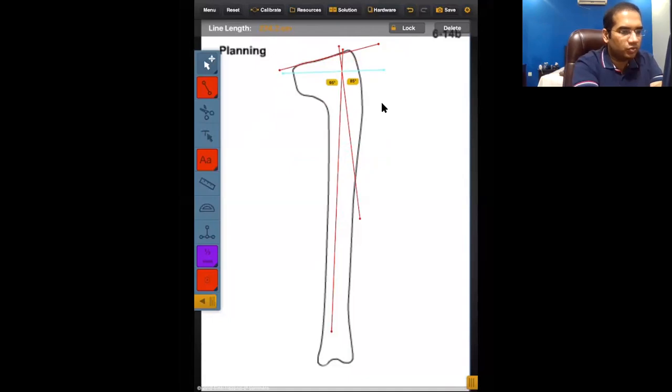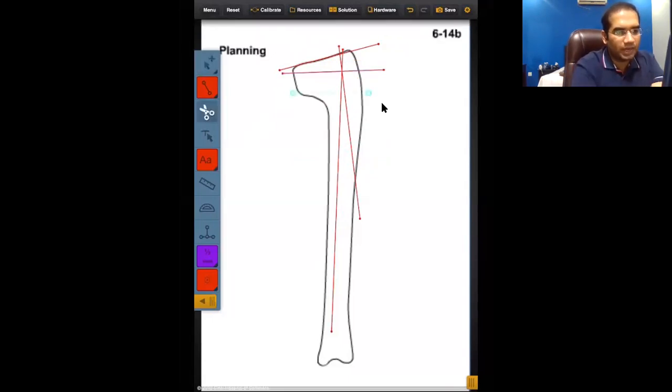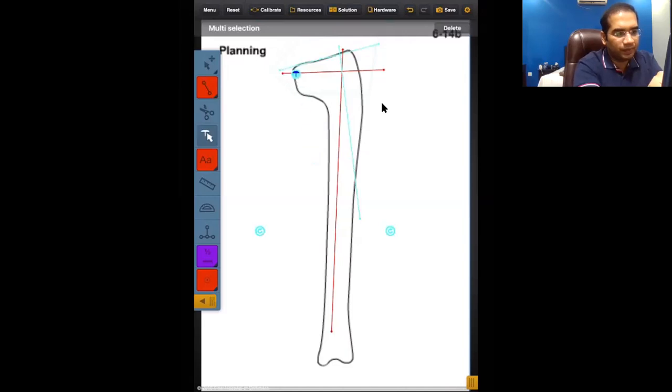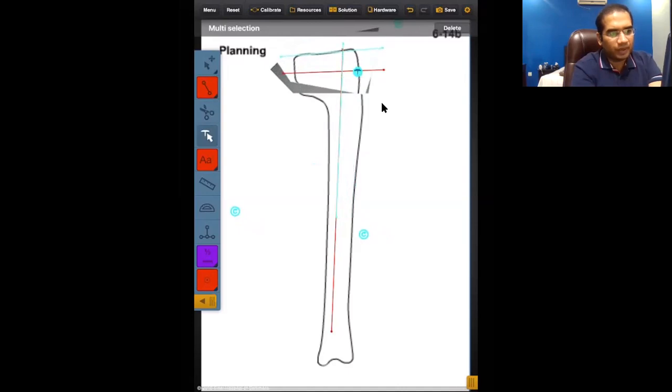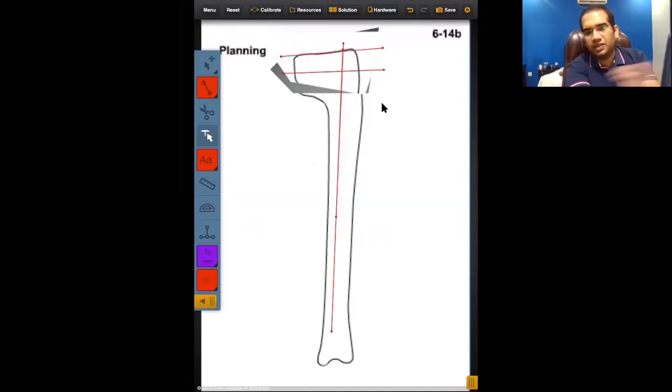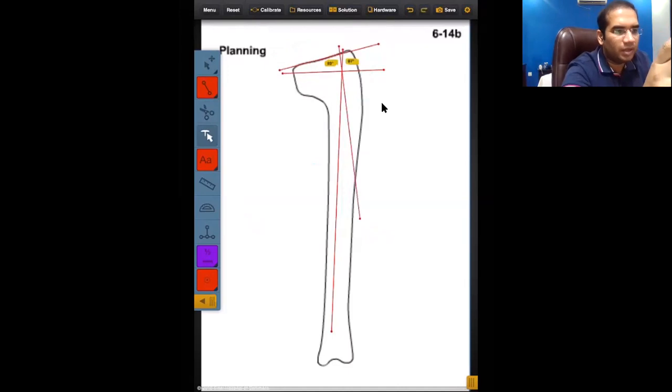I can simply do a rule 2 osteotomy. What I usually would do over here is an oblique osteotomy to increase the surface area. I would simply do an osteotomy like this, and then I will place my hinge in the posterior cortex, or I can even place it in the anterior cortex. Here, for discussion's sake, I'm going to do an opening wedge, and this is how I will correct. There will be some translation and opening.